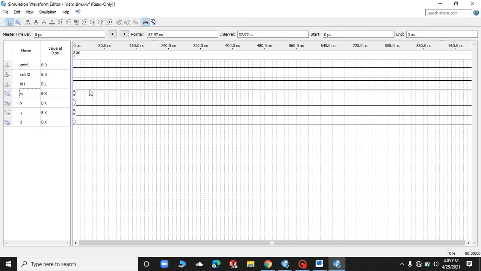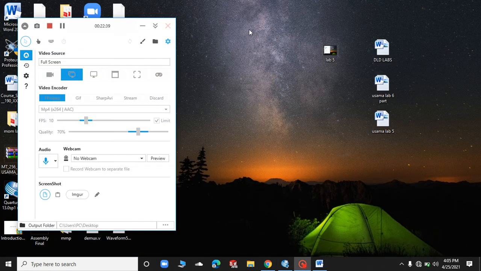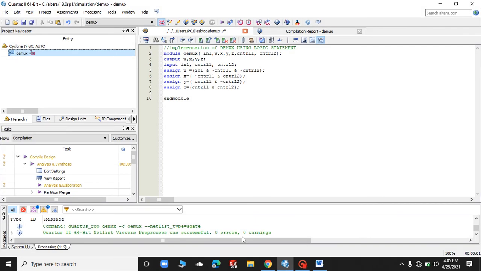But you can see from this wave diagram that our circuit is completely fine, and the output is high when input 1 is 1 and control 1 and control 2 are 0. So from this you can verify the circuit.